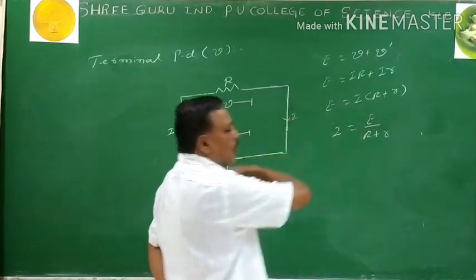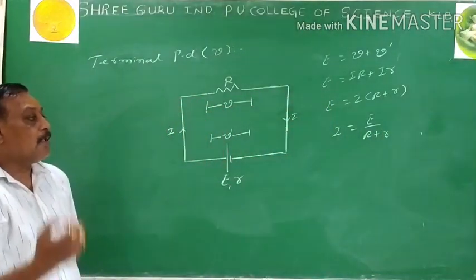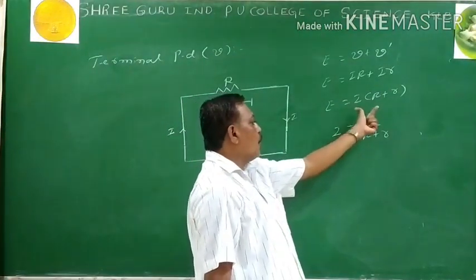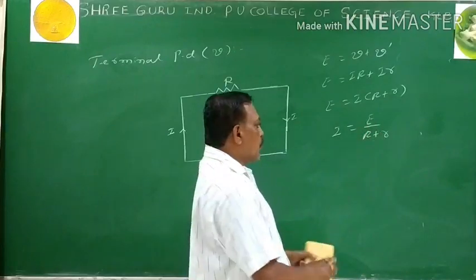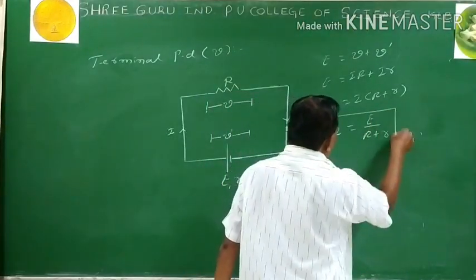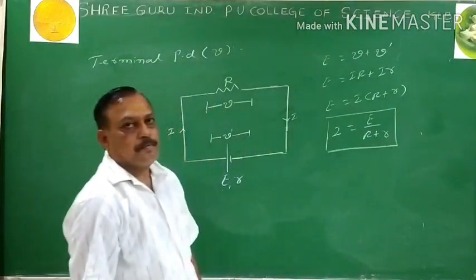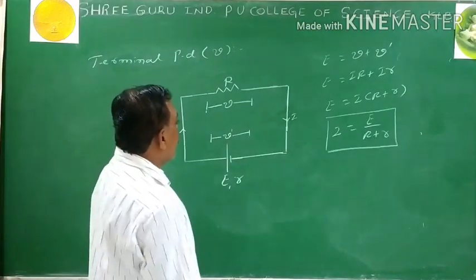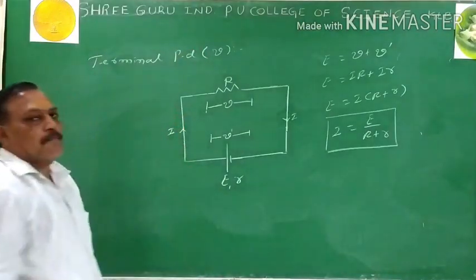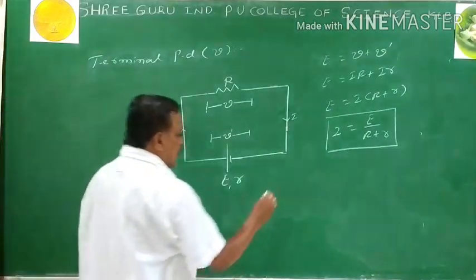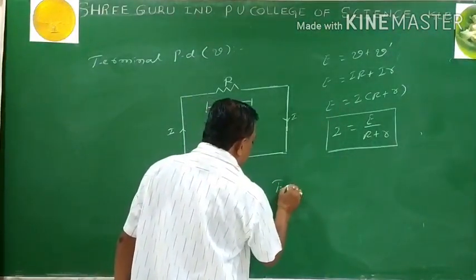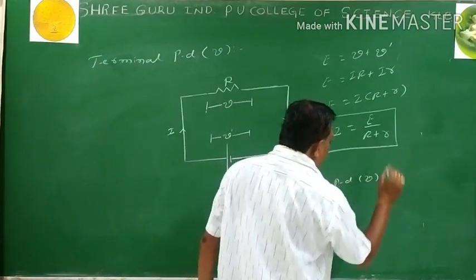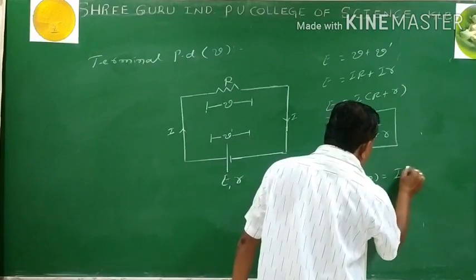Then I apply the term total on both sides. Then I can write the total current in the circuit, I equals total EMF divided by total resistance. Now this is nothing but Ohm's law applied to the circuit. Are you getting the point? By using this equation, we go for terminal potential difference. What does the terminal potential difference tell? Terminal potential difference V is nothing but the potential difference across the external resistance, that is I into R.